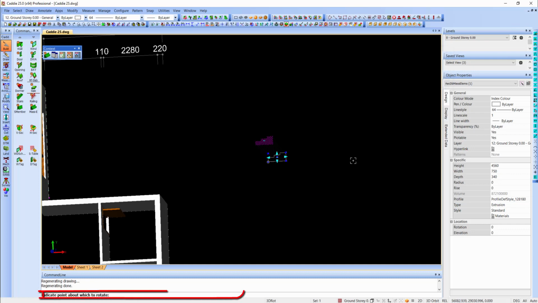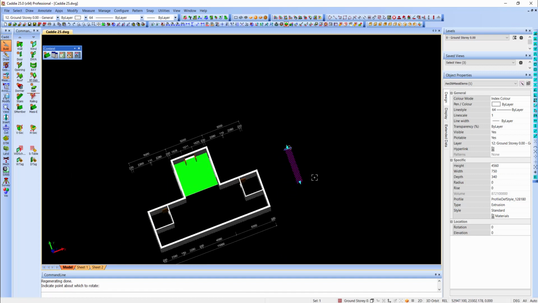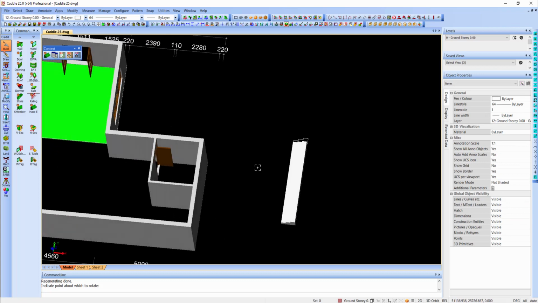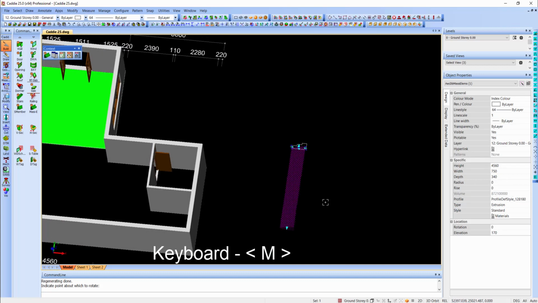So I'm going to click OK, and in the command line, Caddy prompts me to indicate the point about which to rotate. So when I click that point, you'll see, if I turn and swing a bit, there is the profile. All I want to do now is click on it. I'm going to say move it, or I can hit M on the keyboard. It prompts me to indicate the origin point, and I will hit E on the keyboard for endpoint,